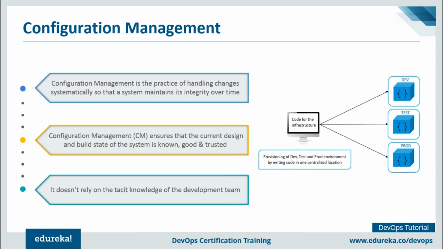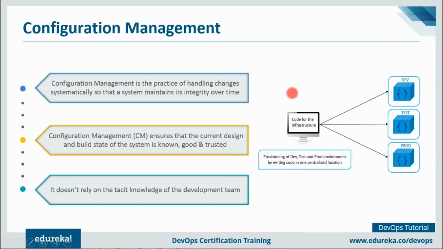Before, admins used to write long scripts in order to provision the infrastructure, whether it's the test environment, the prod environment or the dev environment. They used to write those long scripts, which were prone to error. Plus, it used to take a lot of time. And apart from that, no one else could recognize what's the problem with the script written by the admin if you had to debug it. So there were a lot of problems on the ops side of the company, which were removed with the help of configuration management tools. And one very important concept that you guys should understand is called infrastructure as code, which means writing code for your infrastructure.